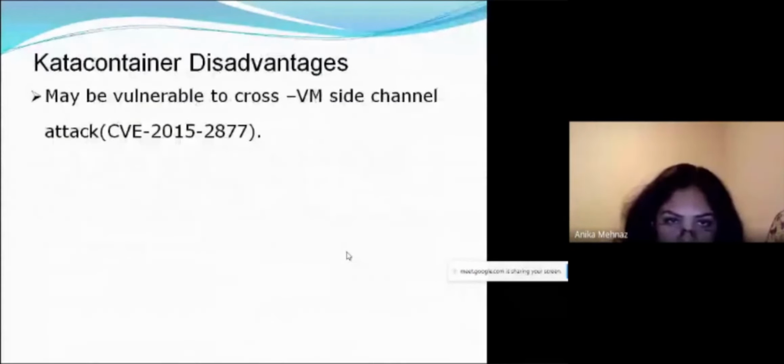And the only disadvantage that I could find is that it may be vulnerable to cross-VM side channel attacks. It's an attack where you can hide your communication, and you can still communicate between the two systems and